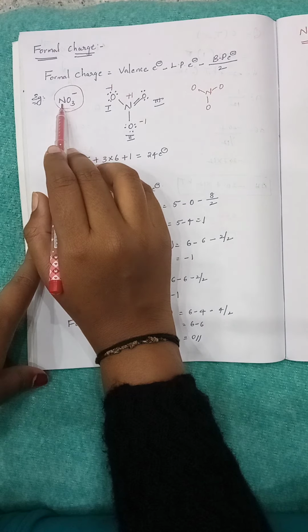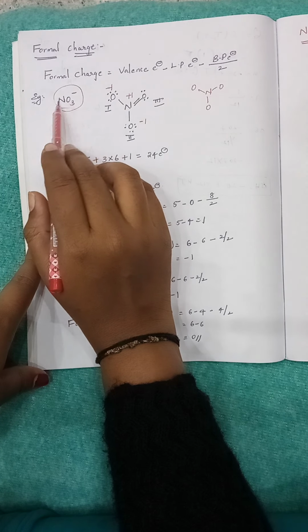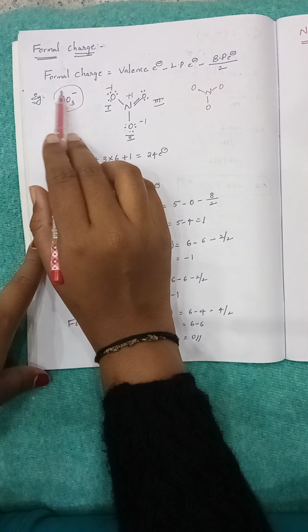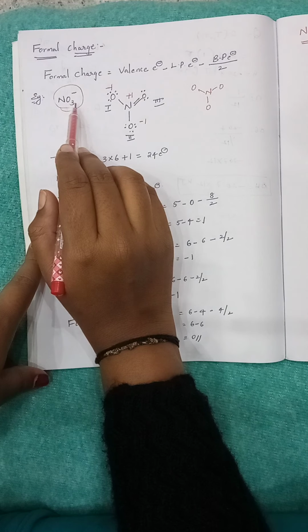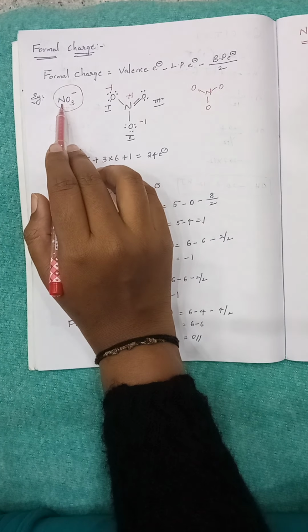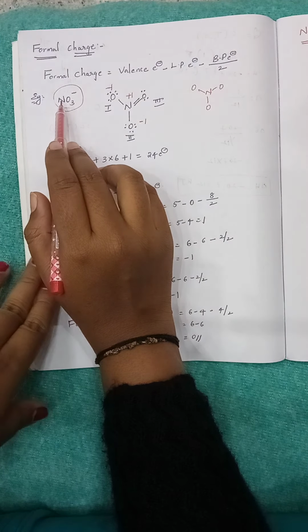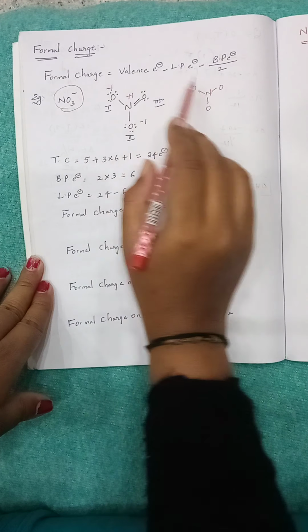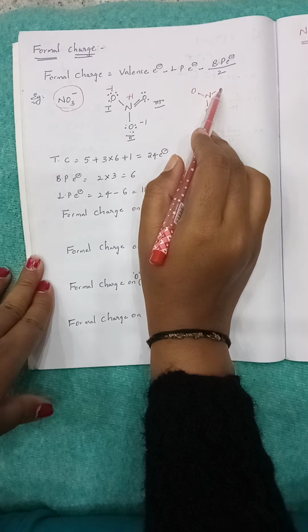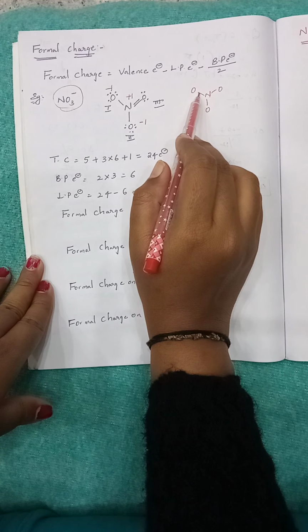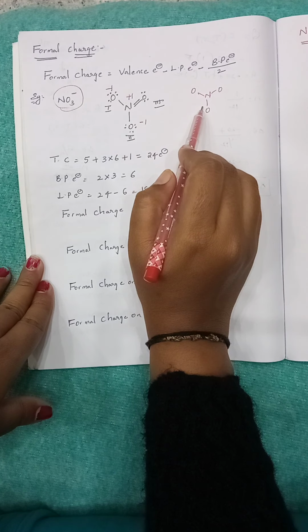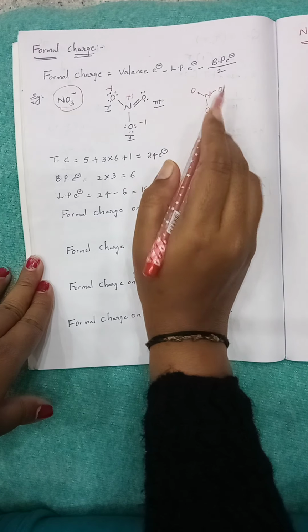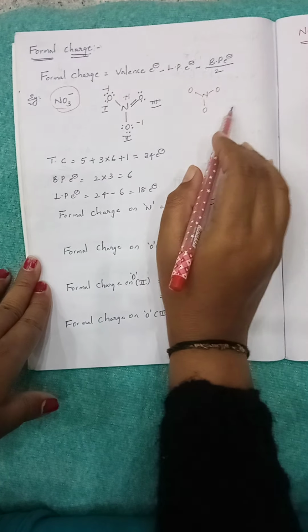Here 3 oxygens and 1 nitrogen are present. Among these 2 atoms, nitrogen is in very less number. It is only 1 in number, while oxygen is 3 in number. Because it is only 1 in number, this nitrogen has to be selected as the central atom. Around the central atom 3 oxygens are located. So now roughly I have given a single bond between all the atoms. Finally we got the structure.